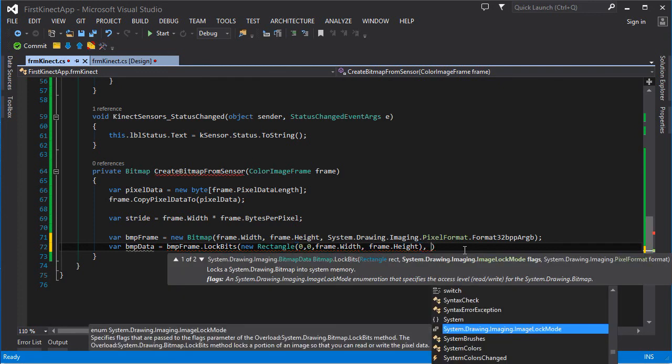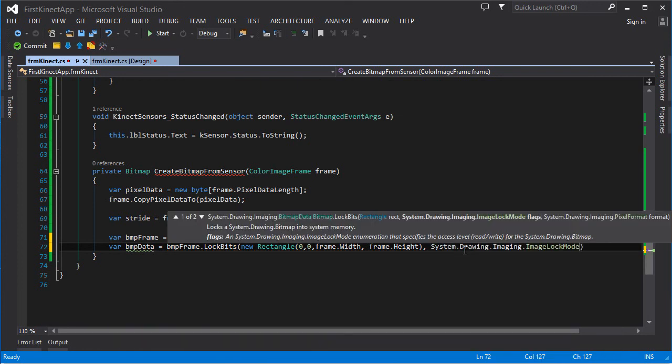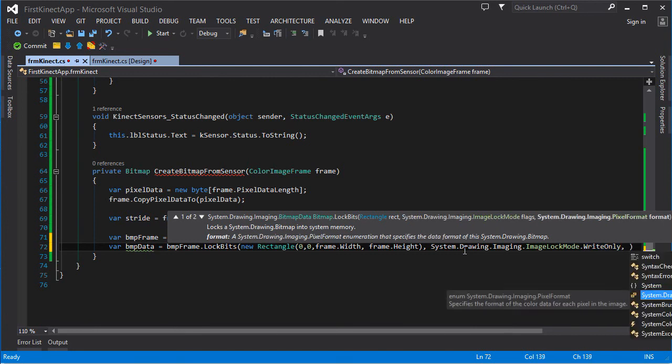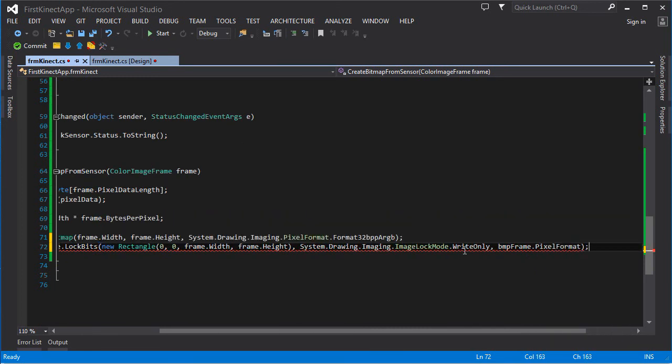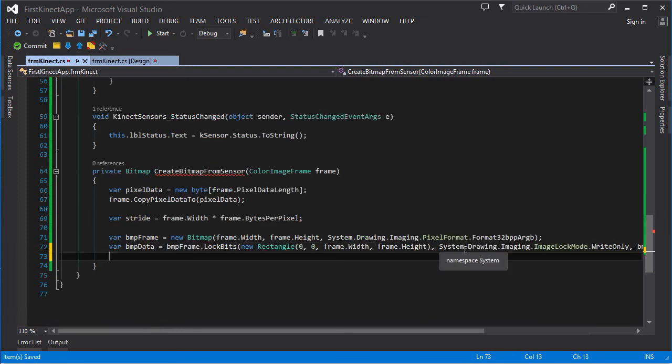And right here I'm going to have System.Drawing.Imaging.ImageLockMode, and it's going to be WriteOnly. And here I'm going to grab the pixel format. It's going to be BMP frame.PixelFormat. So I'm getting the pixel format which I've defined in my frame. This is my data. I've defined my object, defined how the data will be laid out inside my frame, and all I need to do is say